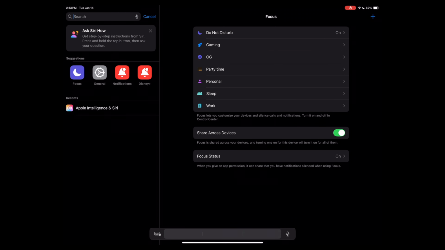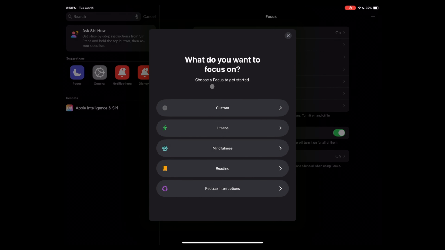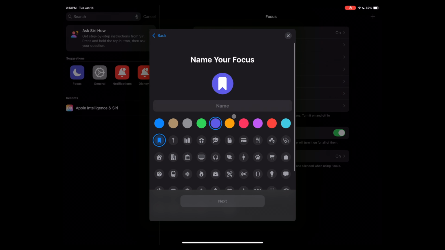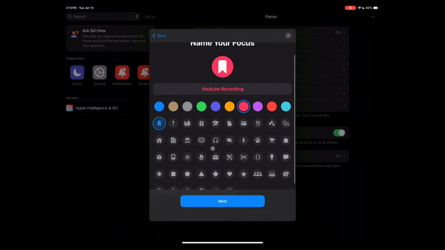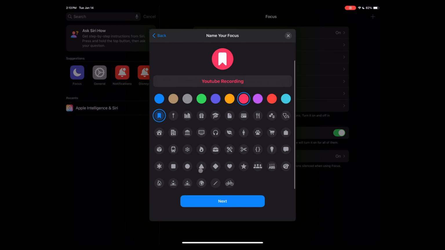If I want to set up my own focus mode or a different focus mode, all I'm going to do is press the plus icon, and then I can see that there are some choices here. These choices are cool, but I'm going to select custom, and from here we're going to say YouTube recording, right? So when I'm recording YouTube, I'm going to change this icon to, we'll make it red, and see if there's anything that looks a little bit like a record button. So this is pretty cool. It looks a little bit like a record icon, as you can see right here as well. We'll press next,